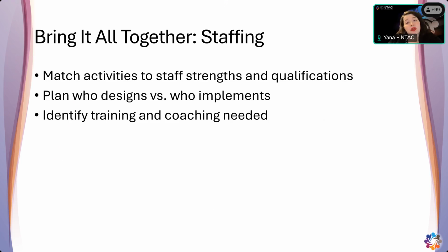We're giving them the training and support they need to implement these effective programs. Effective, intentionally designed activities. You also want to think about how many activities staff are going to be responsible for versus how many are they given to implement. So if you are designing some of these activities and then give them to your frontline staff versus having students